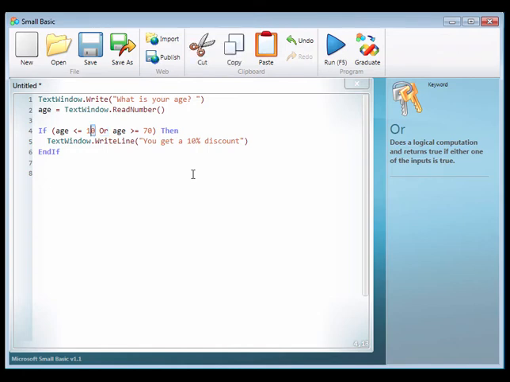So if age is less than or equal to 10, it passes. If age is greater than or equal to 70, it passes. Now, if they're both true, it also passes, except in this case, you couldn't be less than or equal to 10 and be greater than or equal to 70 at the same time. So you would never have a case where both would be true, at least in this example. But if you did, it would pass. The only time it would fail is if both expressions were false,